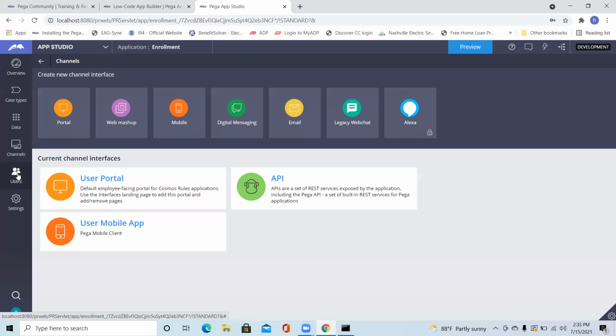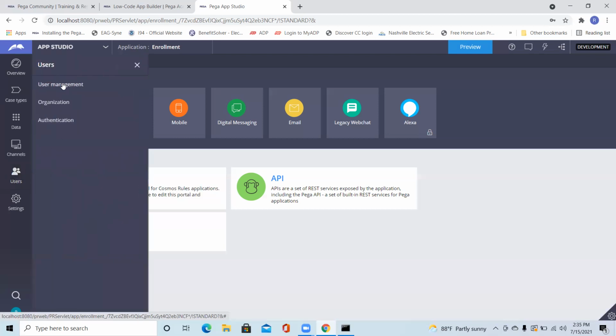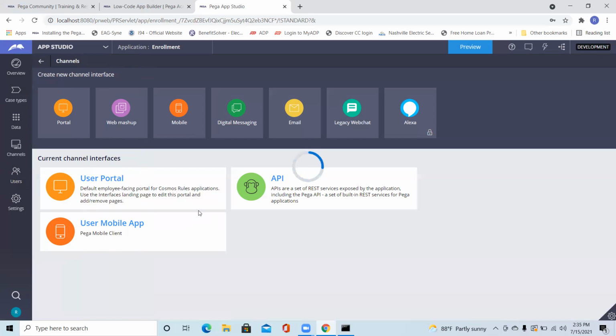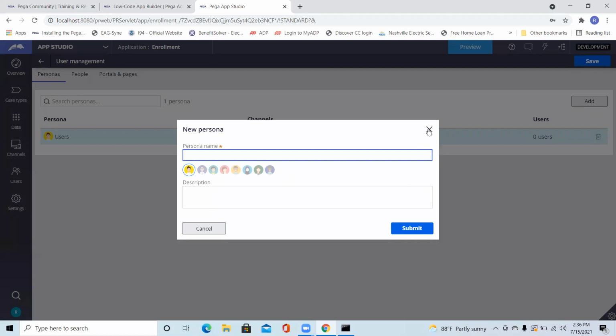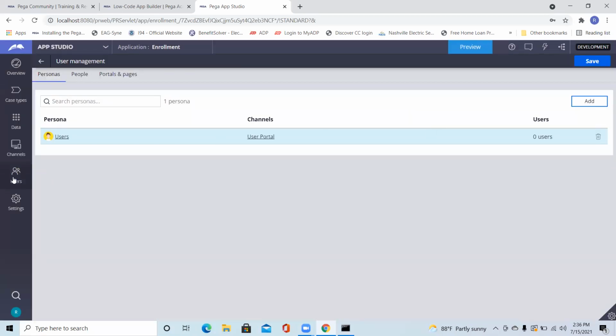So if you want to create any user, I think in user management they will have it. Yeah, they call it a persona as well. So they have created one. You can add more. You can add manager. And we will do that later on, but just highlighting. If I need to add, I need to put their name or what I need to put there. It depends on requirements again.